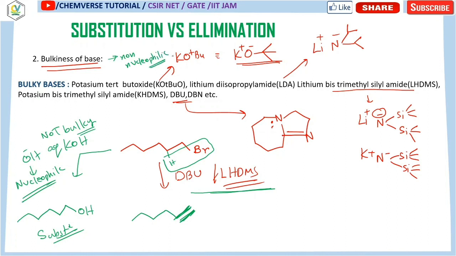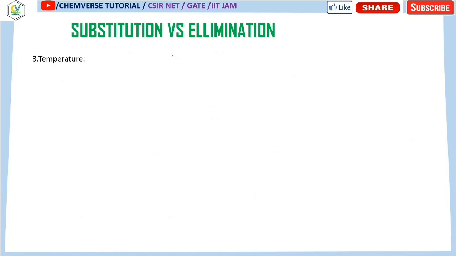These are some very elementary points which you need to understand, because these days the NET and GATE question pattern is getting changed, and nowadays they are focusing on basic knowledge. Okay, so you have to be careful about that. They are asking not difficult questions, but a very basic concept is being checked over here. That is why we have to consider each and every important point, and in these videos I am going to discuss all of those important points which are relevant for your GATE or NET examination. Clear?